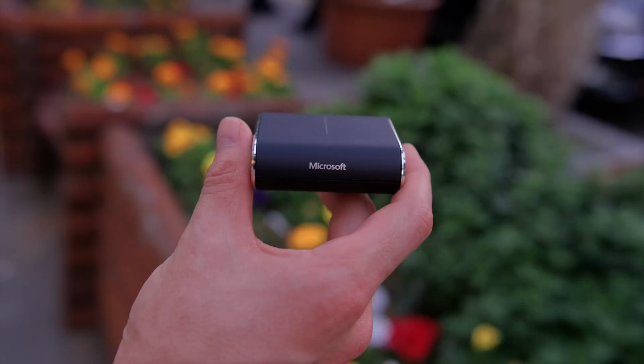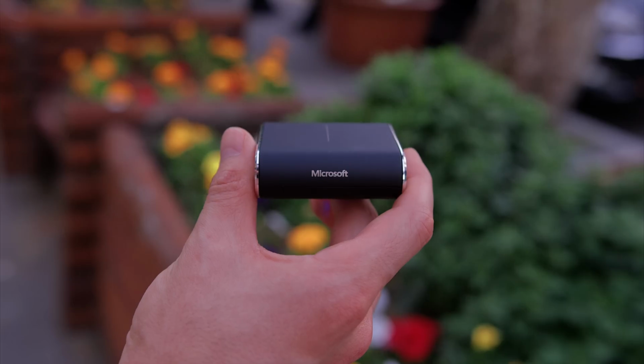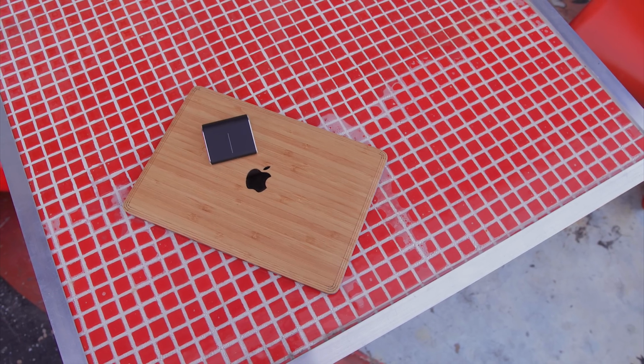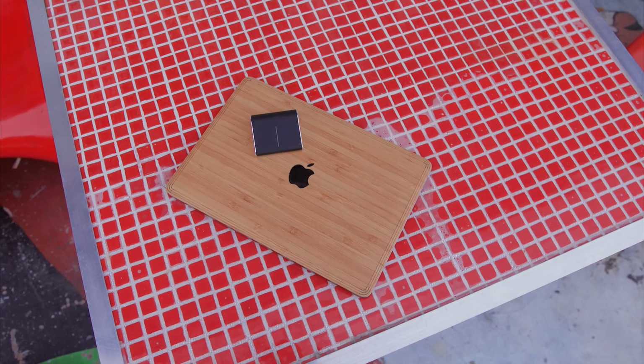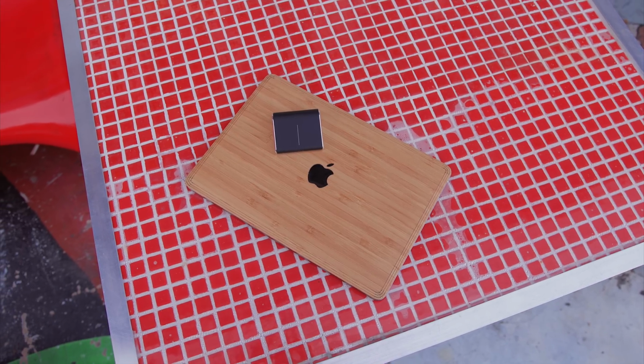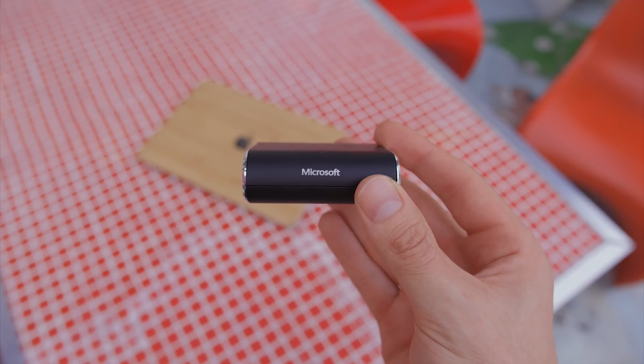Last up is hands down one of the weirdest looking mice I've ever seen in my life. And what might have tripped me out more is when I ordered this, I had absolutely no context of size, so when I got it in and saw it in person, I was kind of blown away with how small it was. This is Microsoft's Wedge Touch mouse, which turned out to be surprisingly useful,